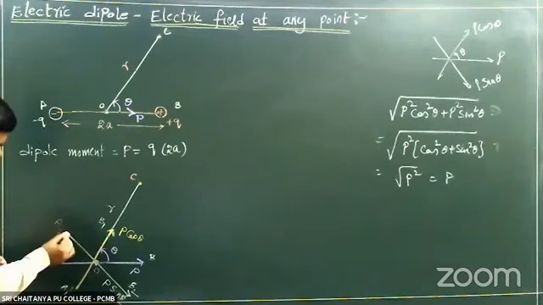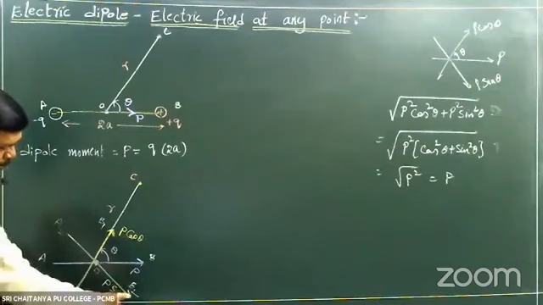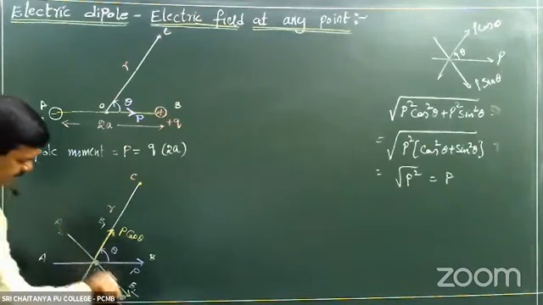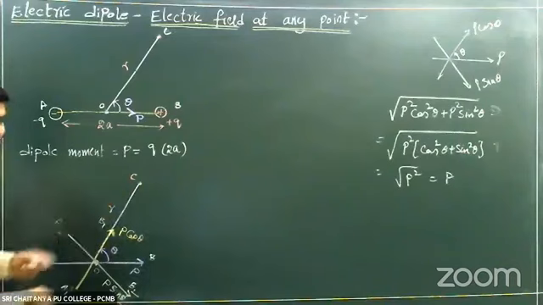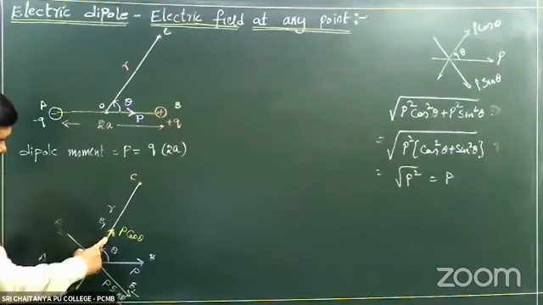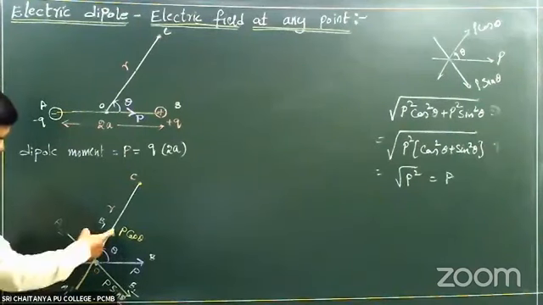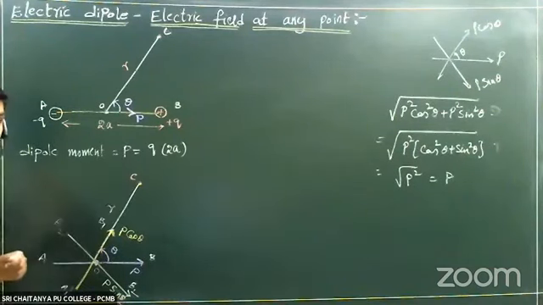In the same way, forget this one and this one. See this dipole A2, B2. For the dipole A2, B2, it is like this. Where is this point? This point is on the equatorial line of this dipole, right? Because this is exactly perpendicular to this. For this dipole, it is on axial line. For this dipole, it is on equatorial line. See, if you understand this point, everything is clear, right?